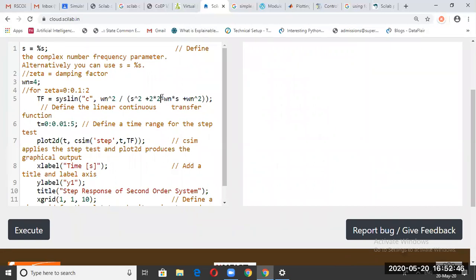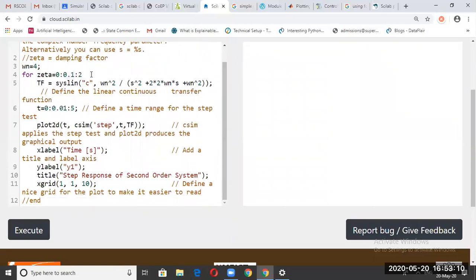Now what we will do is we will actually put this in a very good format. So I will be using a for loop now. So for zeta equal to 0 to 2 in steps of 0.1. So I will increase zeta with a step of 0.1 every time, and I will go till 2, and the time axis is 0 to 5, and then I will put the whole graph in the for loop so that you will be able to see everything as a function of zeta.